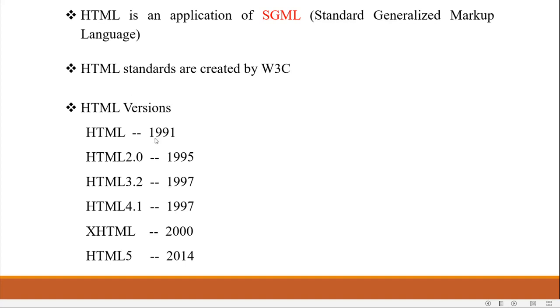The first version of HTML was in 1991, but it was published in 1995 as HTML 2.0, and the next version is HTML 3.2 in 1997, and HTML 4.1 in 1997. The 2000 version of HTML is known as XHTML, and 2014 is HTML5.